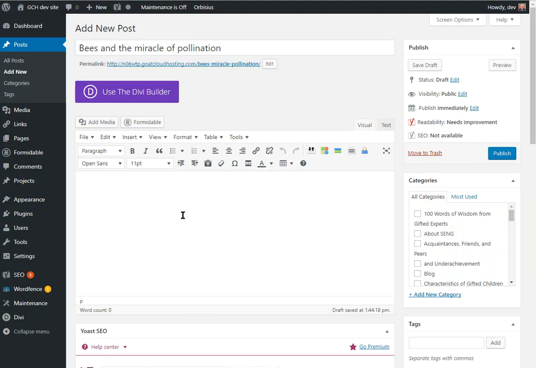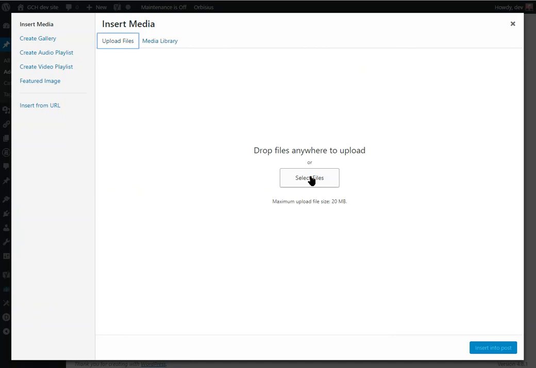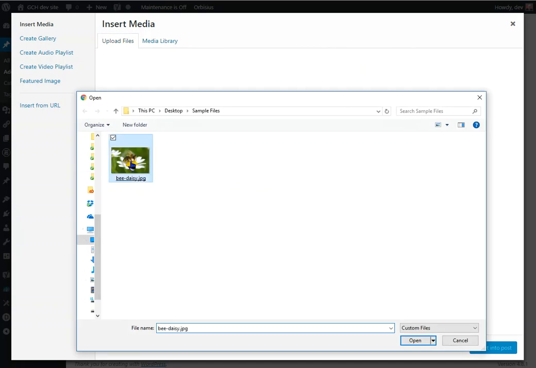And so I have an image. It makes sense, right? We always want to have images associated with our WordPress or website content, even if it's written word content. And so we're going to add some media here. The file is not there that I want, so I'm going to go ahead and upload it. I'm going to select a file, and there it is. I want this